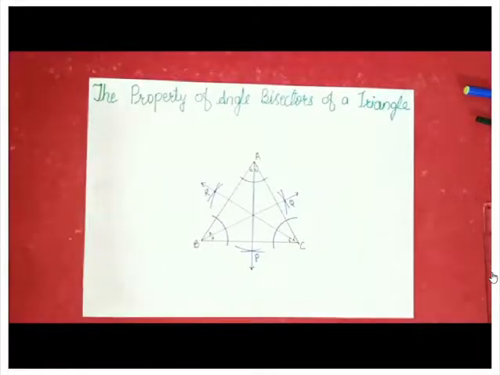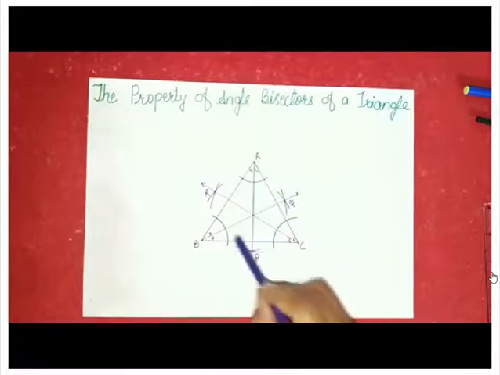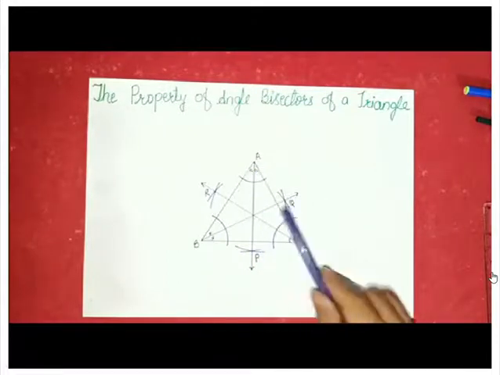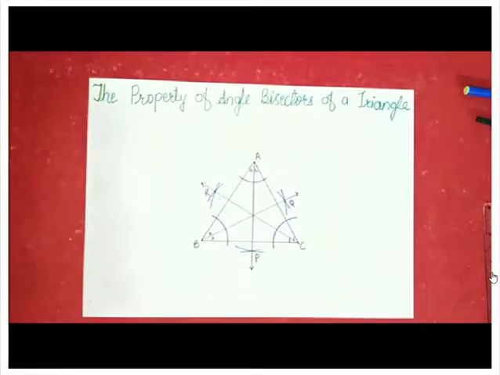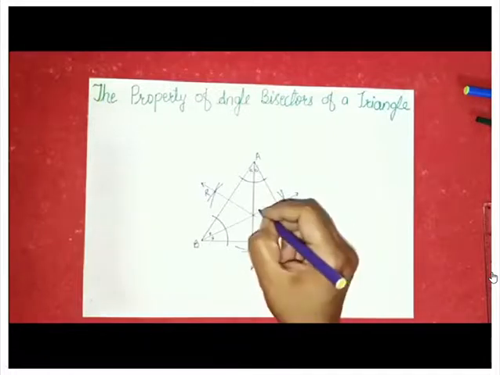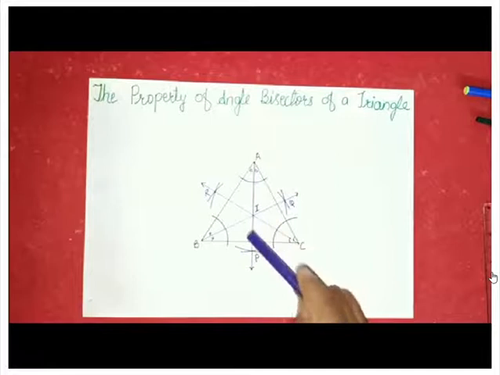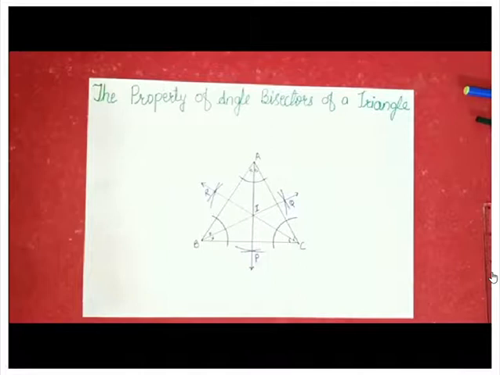Now you will observe that ray AP, ray BQ and ray CR are the angle bisectors of angle A, angle B and angle C respectively. These three angle bisectors, they meet at the same point. Therefore, we call them as concurrent lines. These three angle bisectors are concurrent. Their common point of intersection is called as incenter. We represented it using capital letter I. So children, you cannot give any other name to incenter except I. Only I will be the name of the point of concurrence of all three angle bisectors.